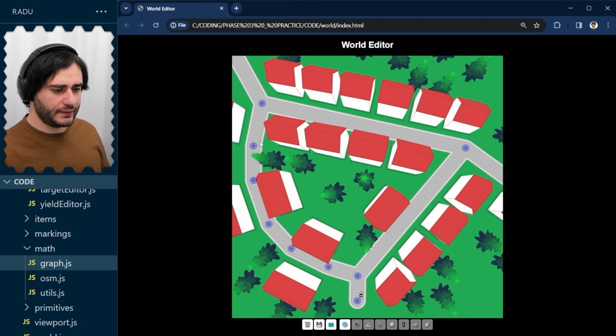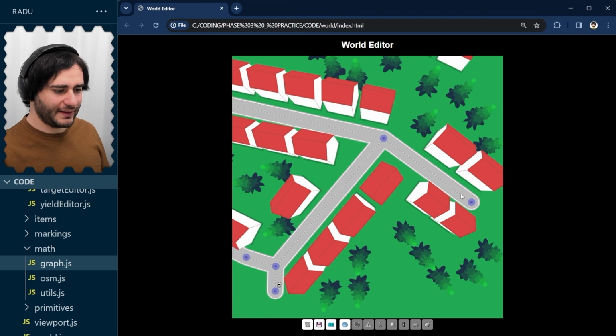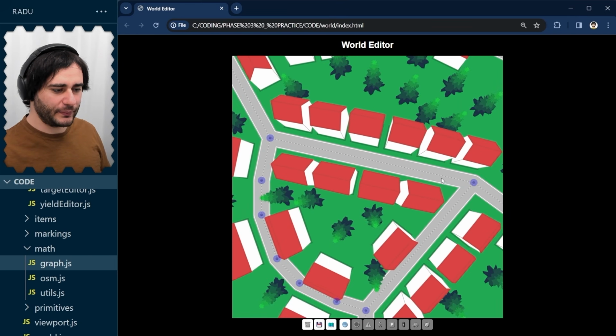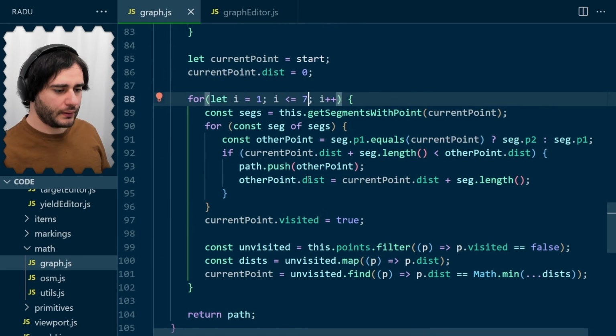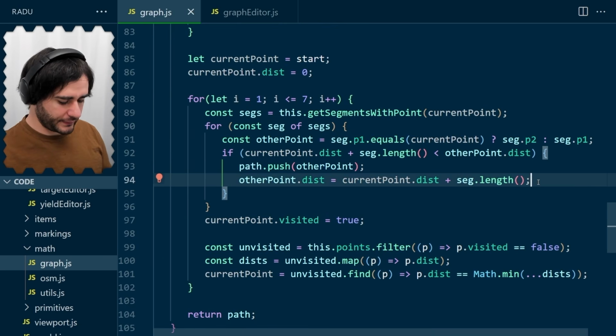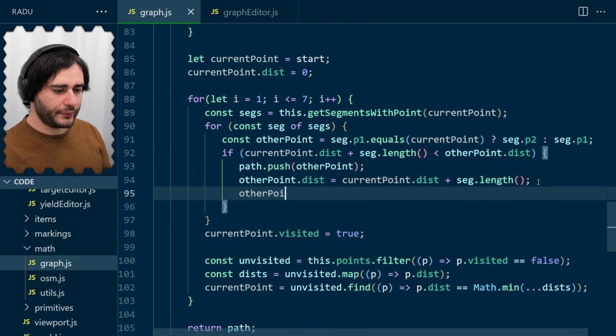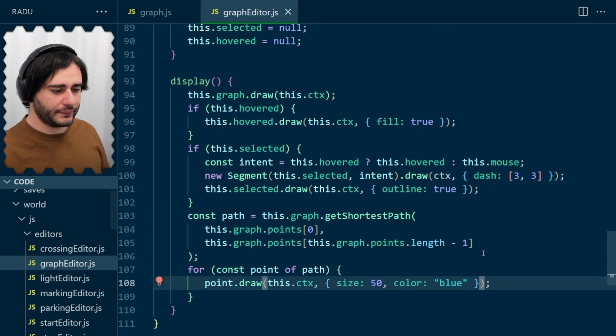Okay, so did this expand or did this expand? Let's see. Aha, it looks like actually this one expanded now, and these are the 2 new points. It helps to understand if we visualize the previous point it was connected to, highlighting this segment. Let me show you. Where we're updating this distance here, I'm going to type other point previous is equal to the current point. And now to visualize these in the graph editor, I can check